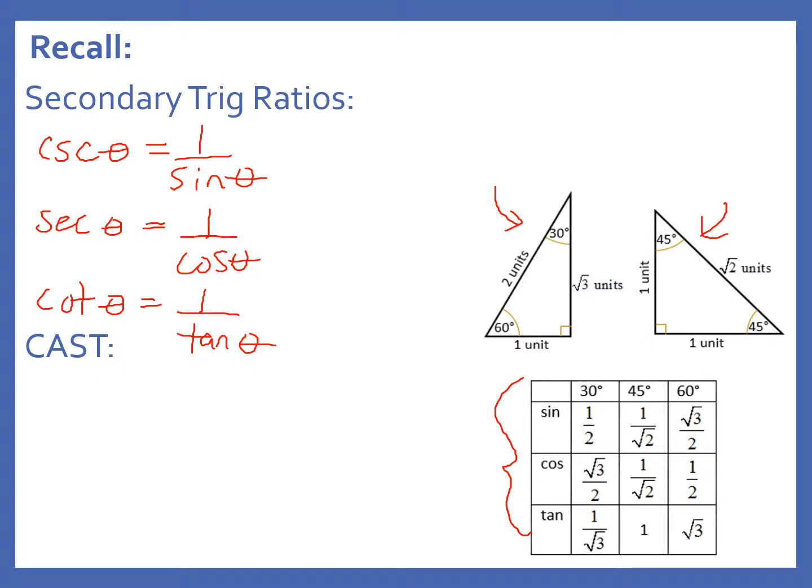Our CAST rule from grade 11, Cartesian plane. We start down here, C-A-S-T, which means only cos is positive, all are positive, only sine is positive, and only tan is positive. Along with that, we have a couple other things. We have what's called the bow tie rule. So whenever you make a triangle in the Cartesian plane, it has to make a bow tie. So your triangles